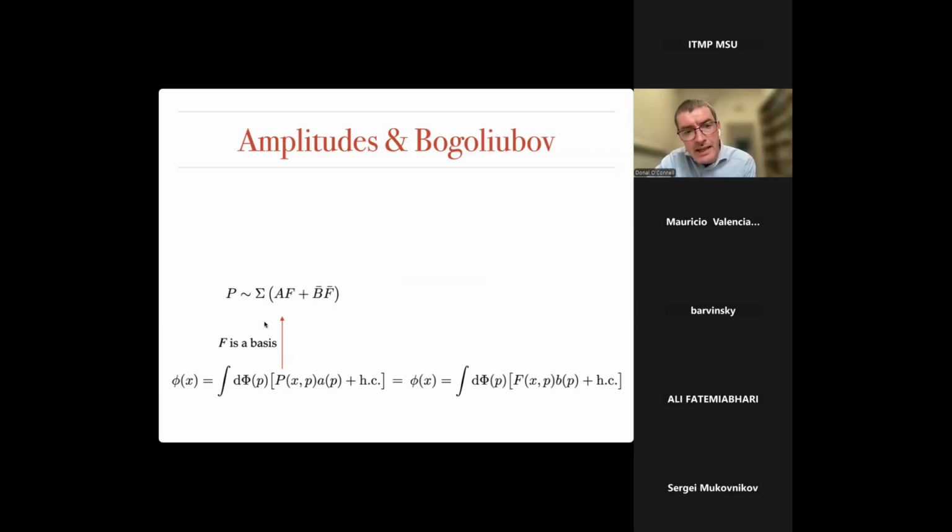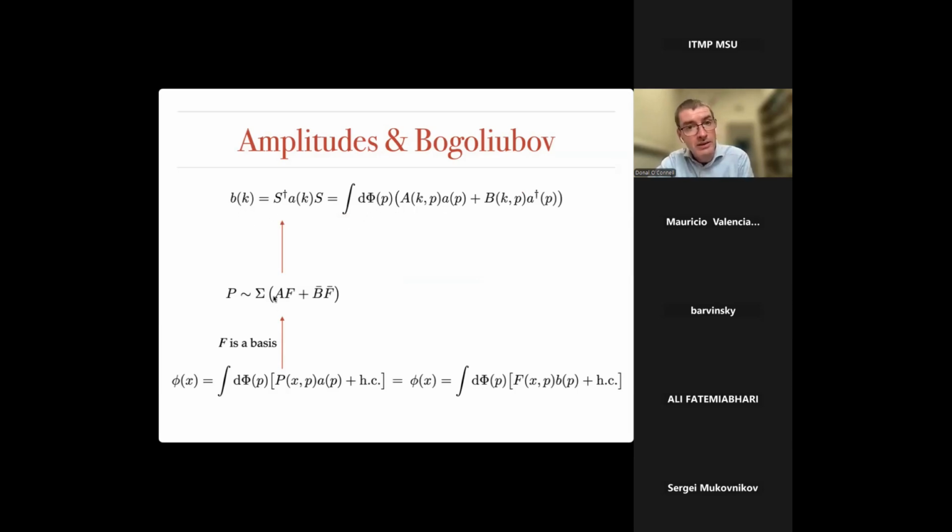But now if I insert this expression for P in the quantum field and gather the coefficient of F, we see it must be B. So the B annihilation operator is the coefficient of F. In other words, you can see by eye, there's going to be a capital A times a little a coefficient of F. But also because of the Hermitian conjugate here, I'm going to have to take the complex conjugate of this term. So we'll get a capital B times a dagger. So in other words, we'll have an expression like this.